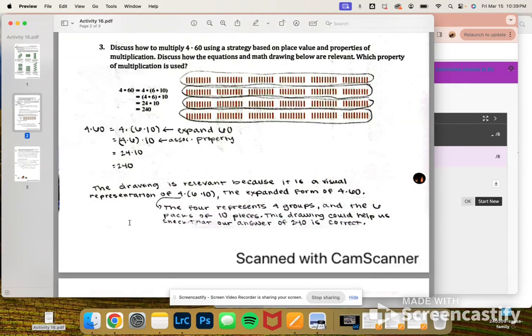It can also help us visualize that there are 6 groups, and it makes sure that we don't accidentally multiply by 5 instead of 6, or we could go back and count them all if we're not really great at multiplication and we're just learning a new strategy of like expanding or using the associative property. We could go back and count them all to make sure that we